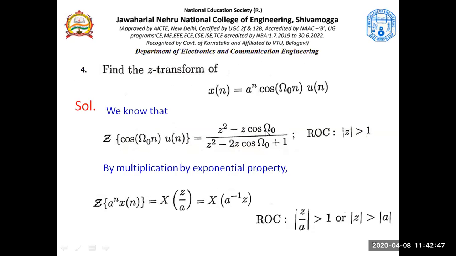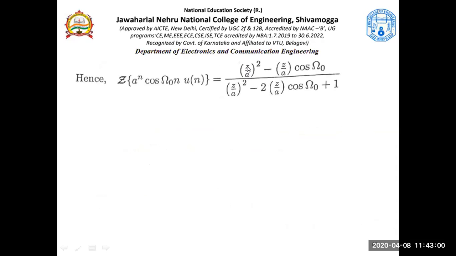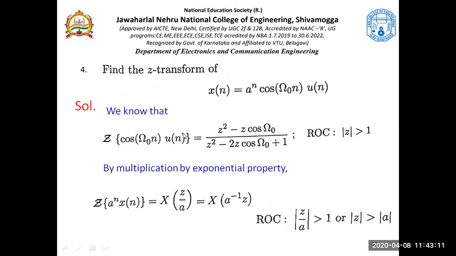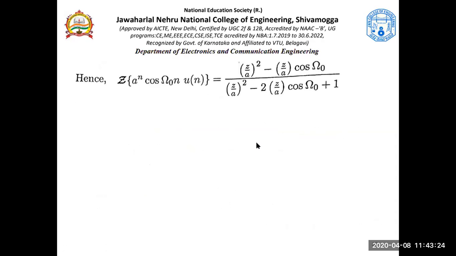What you have to observe is, here are z's, right? 1, 2, 3, 4. There are 4 z's, 2 in the numerator and 2 in the denominator. So there are two square terms and one linear term. In all that you are substituting z as z by A. Here, this is the Z transform of A power n cos omega naught n u of n. This Z transform is for cos omega naught n u of n. What is the Z transform if you have A power n? Once you have A power n, these z's would become z by A's. Understand this point?